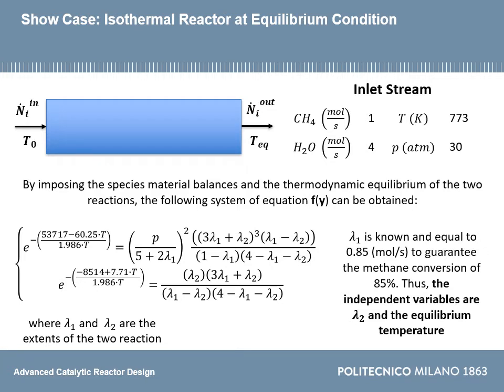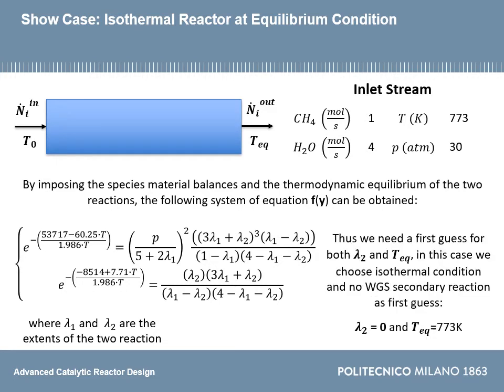Nevertheless, before starting to write the code, we must choose the proper first guess values for the two unknowns. As previously explained, we should choose two values with physical meaning. Consequently, we can select the inlet temperature, and an extent of the side reaction equal to 0, since it is not useful for the product. Then, we must check that the first guess does not generate negative molar fractions, and, finally, we can start writing